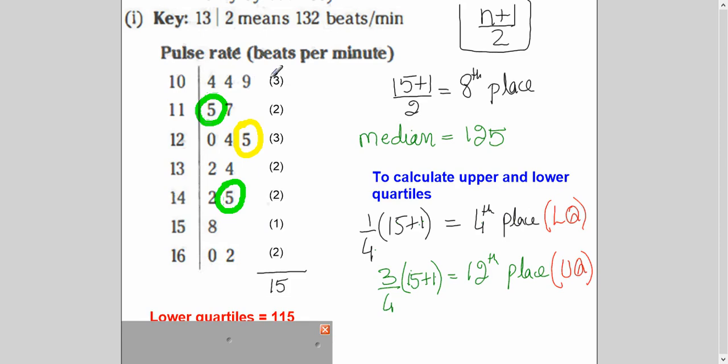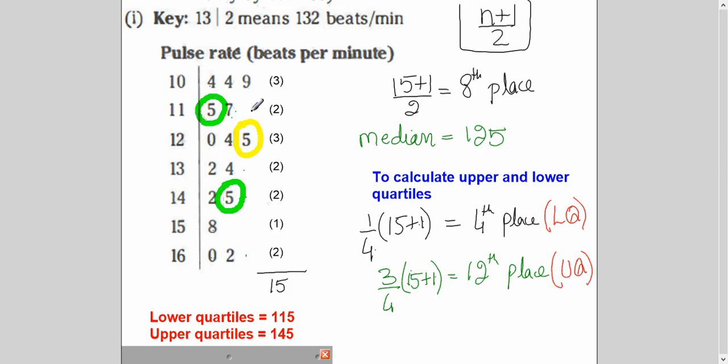So the 4th place first, so 3 and 4. Now here I would like to tell you one thing very important. Sometimes students make mistakes in counting. They count from here, like they count 1, 2, 3, 4. Please be careful. Either you read in ascending order or in descending order. If I read it from here, for example, in the reverse order, then I will read like this: 1, 2, 3, 4, 5, 6, 7, 8, 9, 10, 11, 12, 13, 14, 15. But if I read from here, this is ascending order, so I have to read from the smallest value. So please be careful about it.